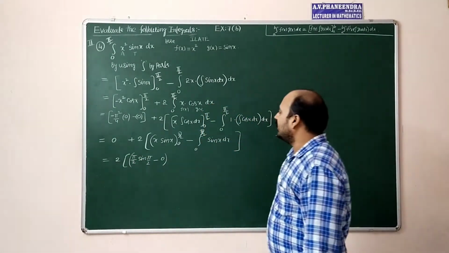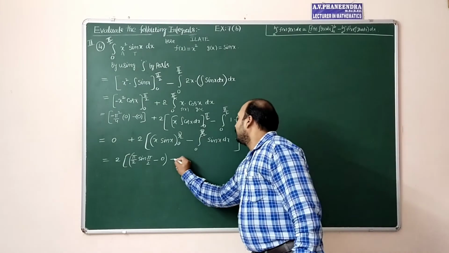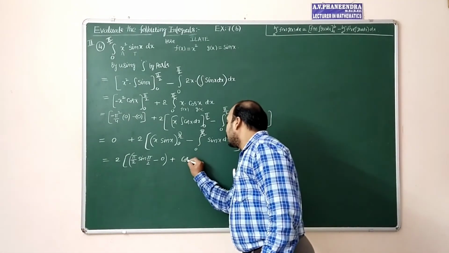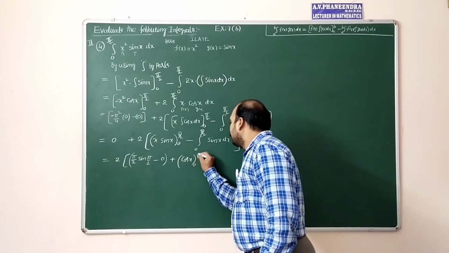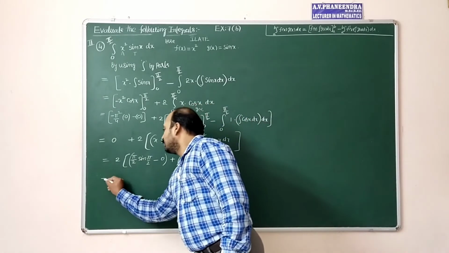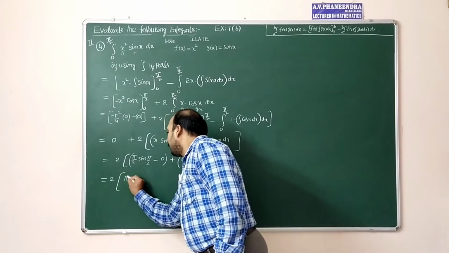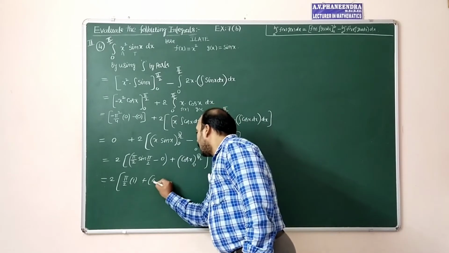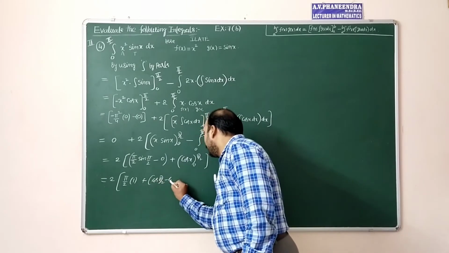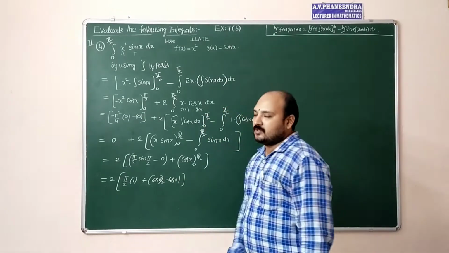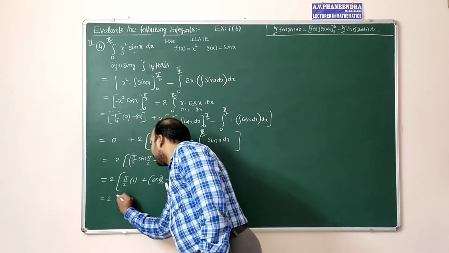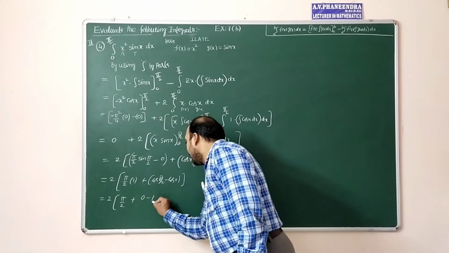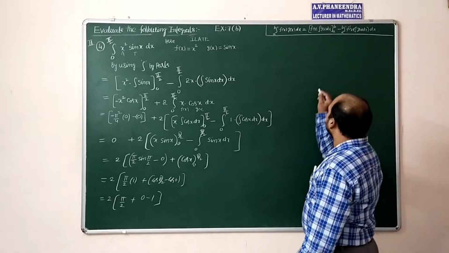So that is over. Now come to minus integral sin x, minus cos x, already minus is there, plus cos x, applying the limit 0 to pi by 2, which is equal to 2 into pi by 2 into sin pi by 2 is 1, plus cos pi by 2 minus cos 0, cos 0 value is 1. So now 2 into pi by 2 plus cos pi by 2, 0 minus 1. So which is equal to